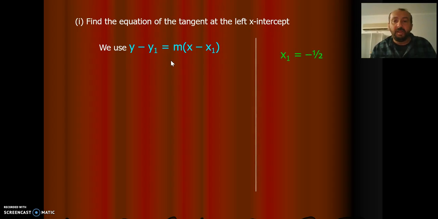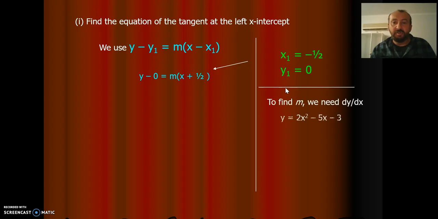Okay, and at x equals minus a half and y equals 0, so that's the point on our tangent. We're looking at the tangent at that point. So our equation must be y take 0 equals m times x plus a half. Okay, we don't know what m is, but of course we do know because we can differentiate the function. If we can find dy by dx, if y equals that, well, we can easily find dy by dx equals 4x take 5. And at x equals minus a half,